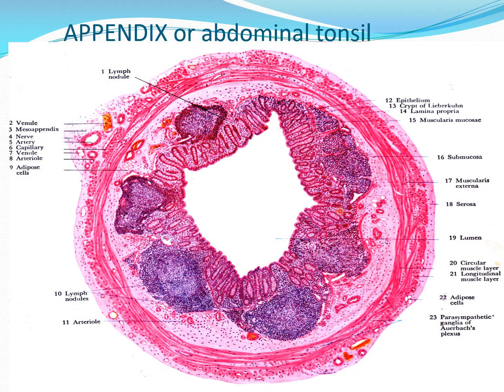You see this diagram, this is given the name abdominal tonsil. Why is it called the abdominal tonsil? Because there is a maximum aggregation of lymphatic nodules in the wall of this appendix. These are the mucosal folds, with the lining simple columnar epithelium and the lamina propria. These are the submucosal part. Within the submucosa there is an aggregation of lymphatic nodules.